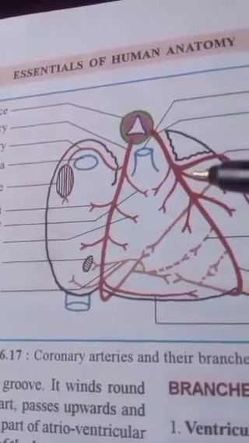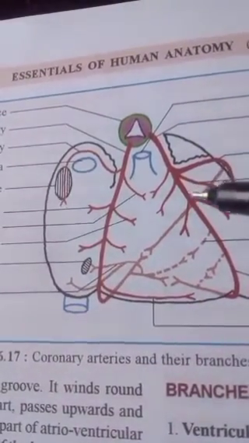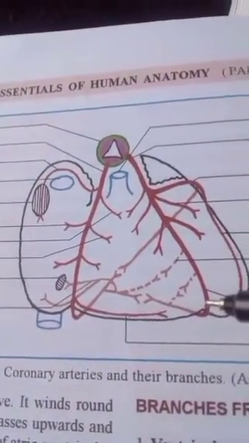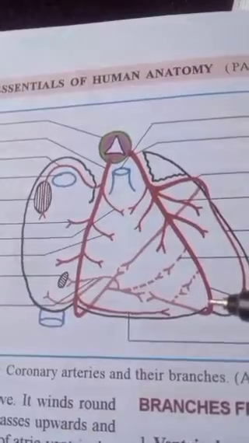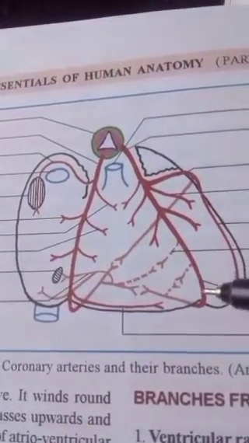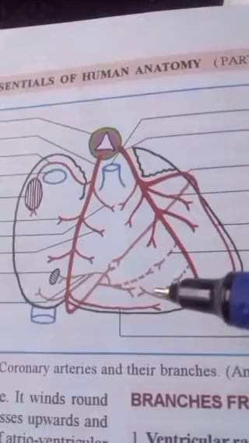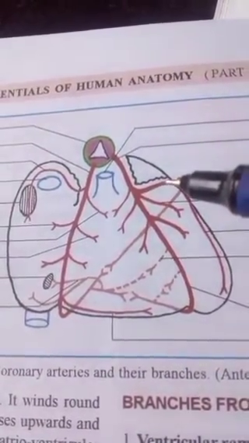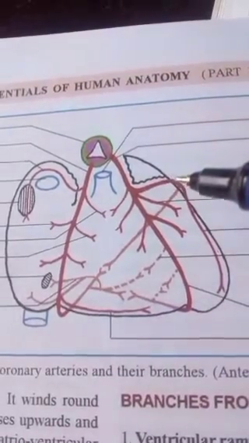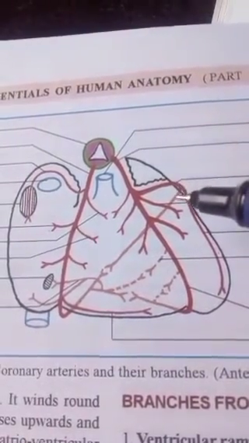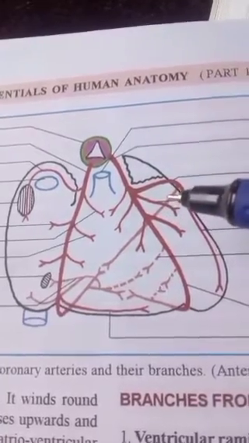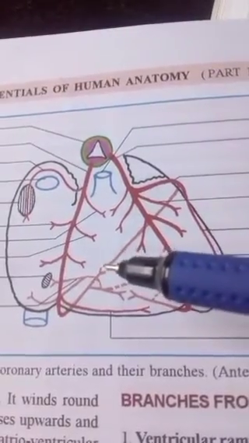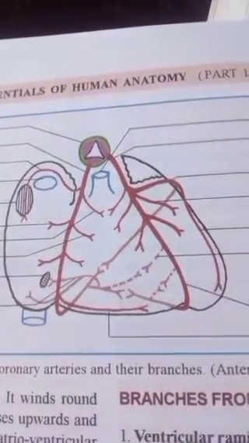The anterior interventricular branch descends in the anterior interventricular groove and reaches the apex. In one-third of cases, it ends at the apex, whereas in the majority of the remaining cases, it winds around and goes posteriorly. The circumflex branch runs to the left in the left anterior coronary sulcus. It winds around the left border of the heart. Then it runs into the left posterior coronary sulcus, and near the posterior interventricular groove, it ends by anastomosing with the right coronary artery.